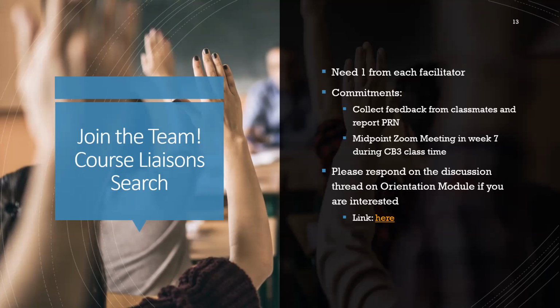Just shoot me an email if you have any feedback from your classmates. And if you're not a liaison, just shoot me an email as well for any feedback, anytime during the semester. And for liaisons, other than as-needed reporting,